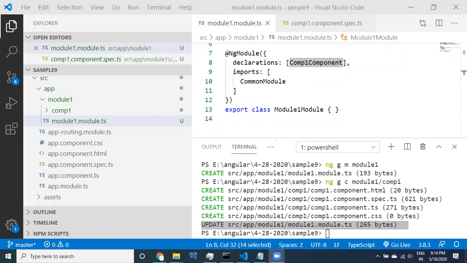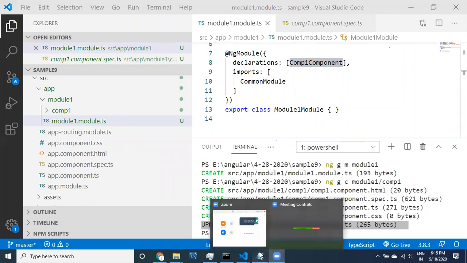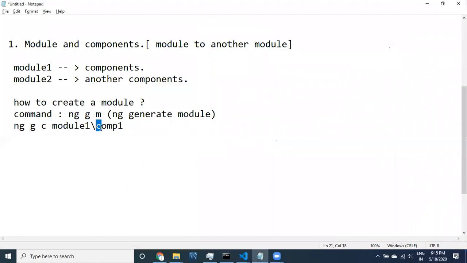If you use backward slash, it is not going to work in all places; it works only in Windows.